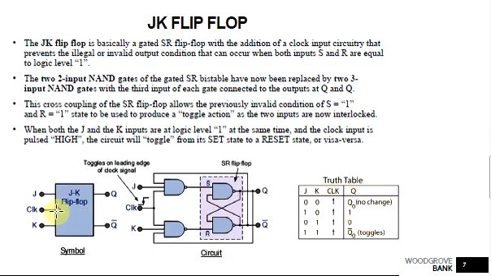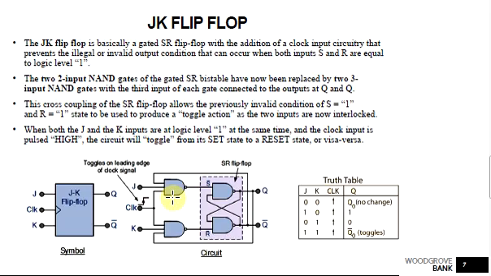If you look into the internal architecture of this JK flip-flop, just like the clocked RS flip-flop, there is a clock signal here. But the two-input AND gates of the gated SR bistable are now being replaced by three-input NAND gates. So previously these were two-input NAND gates, but now they are three-input NAND gates,